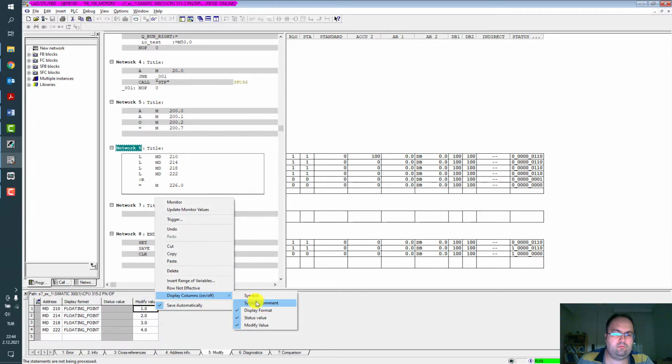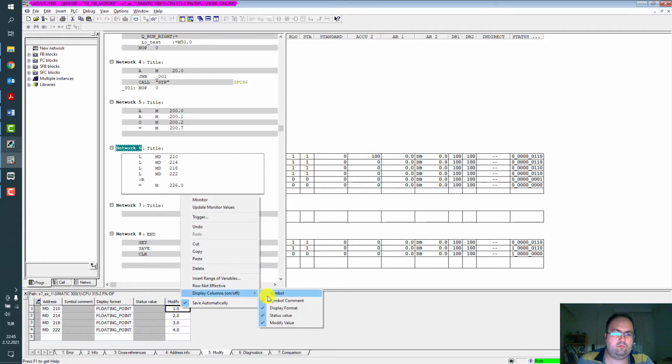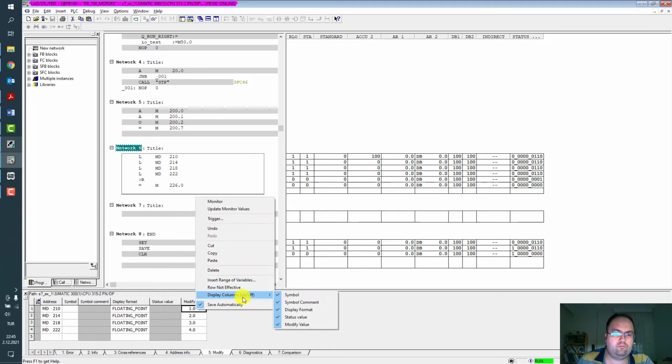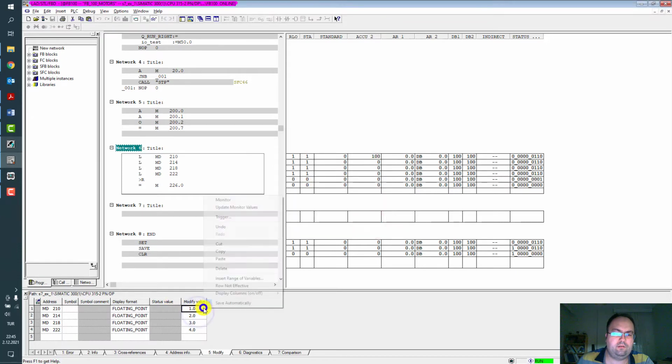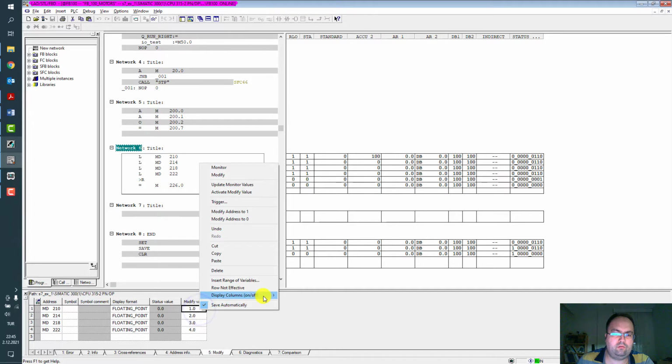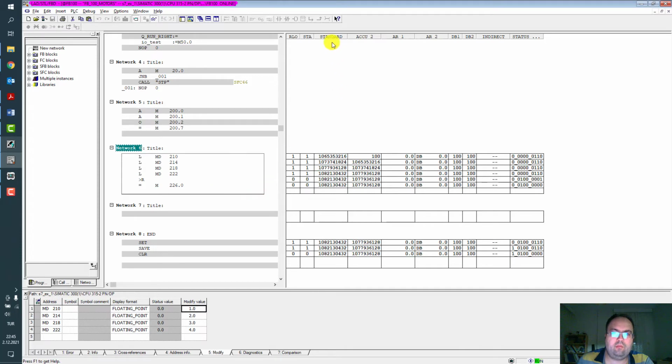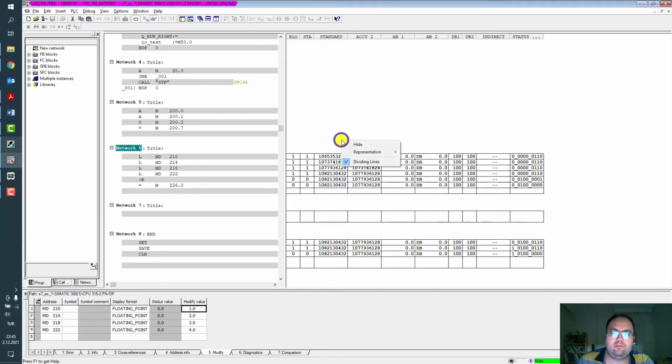And right click, trigger settings, one cycle for modifying, right click and update monitor values, activate modify value, and there are some numbers here looking strange because right now we are working as decimal.